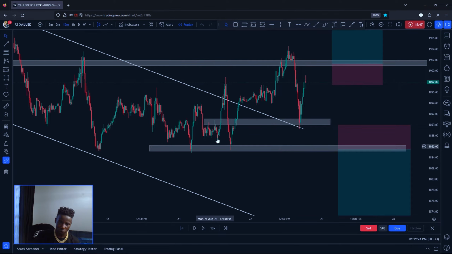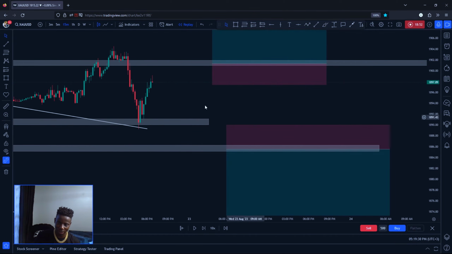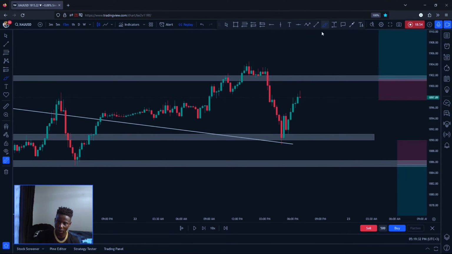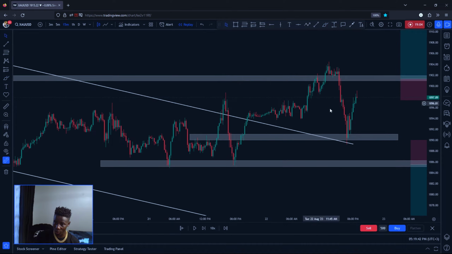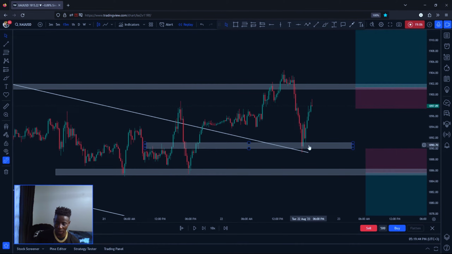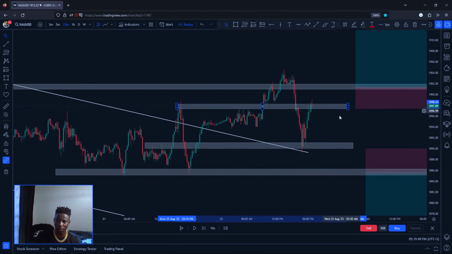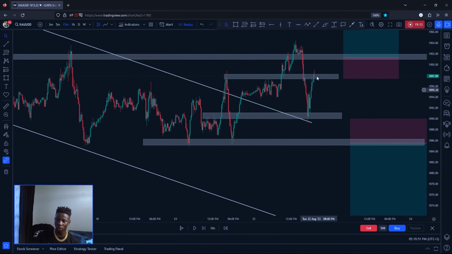Are you getting that? It got violated, came down, the market went up, then came for a retest. What is the candlestick around there? This is a very bullish engulfing. Are you getting me? That is a bullish engulfing. But I'm telling you, I can't really buy from here because we have so many key levels. Are you seeing that? Which means the market can make a head and shoulders and retest from here and sell the market. That's why I can't buy from here.